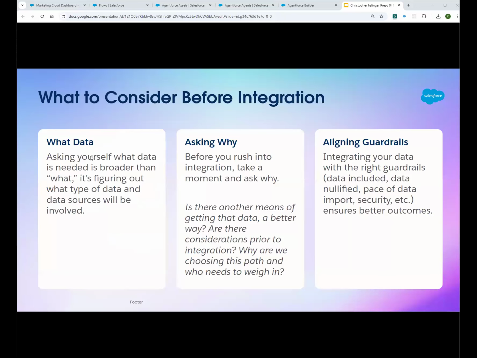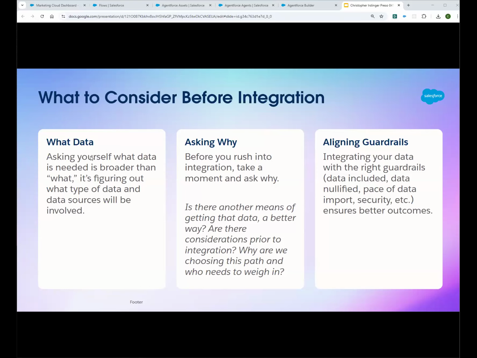So when we dive into a new integration, what do we have to think about? The big question there: integrations are about moving data around. It's not just what data, but what data do we actually need? Where is that data located? What are the sources involved? And what is the best way to bring that data in? Are there other ways of getting it? Are we already passing it around? These are lots of questions that Data Cloud is really good at solving. But today we're not going to be talking about Data Cloud. Today we're going to focus solely on the space of MCE and agents.